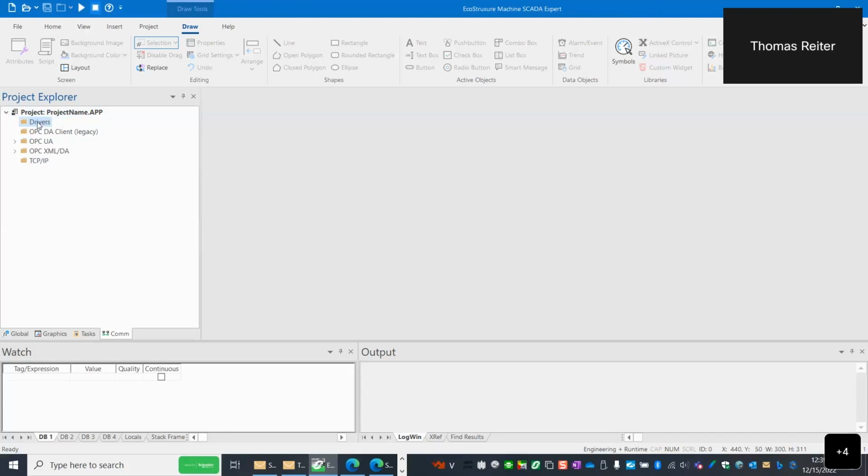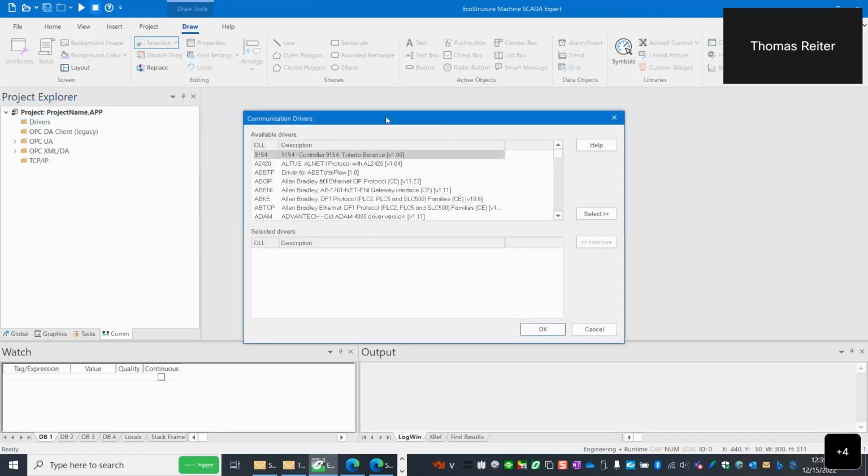So if we look at, for example, the drivers available, this is also a key value point about the software. Not only do you have the ability to use OPC UA, which is a new and modern way of communicating between industrial devices, completely cyber secure, et cetera, you also have the ability to communicate to a lot of legacy stuff. So if you look through this list of different drivers that are available,